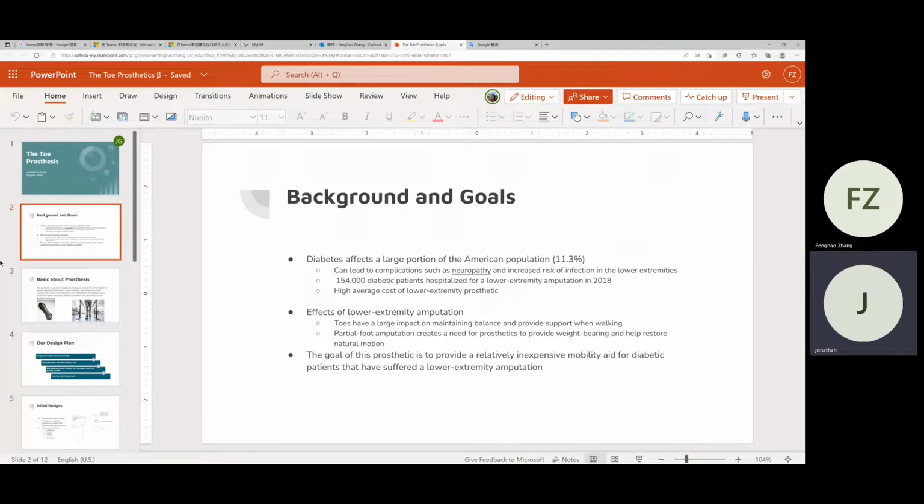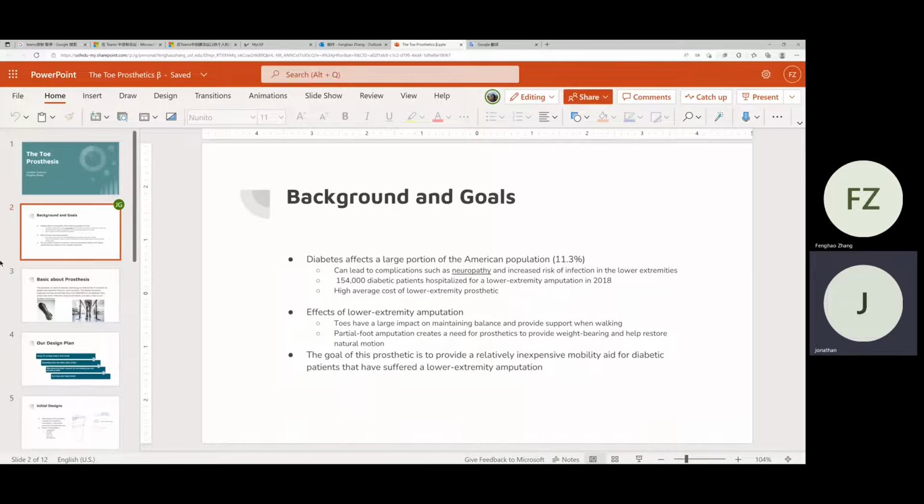And so the background and goals for our group project was we wanted to keep in mind diabetes, and we wanted to focus on that because it affects a large portion of the American population at around 11.3%. Diabetes can lead to complications such as neuropathy, which is loss of sensation due to nerve damage. And diabetes also leads to increased risk of infection in the lower extremities. These two complications together lead to a high risk of amputation for